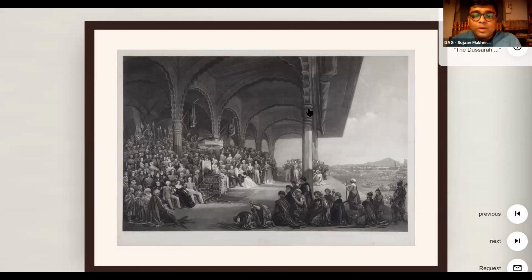Who are the people who are patronizing the arts in Bengal? Who are the people who are fighting the first war of independence? Where is the leadership of that, and so on? And what happens at this stage is that a lot of